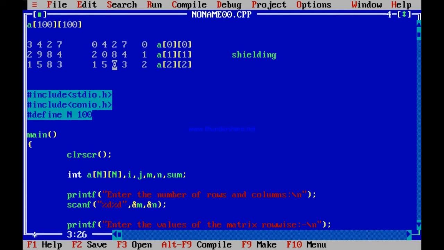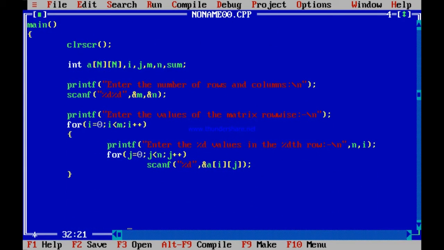So row number 0 is A00, row number 1 is A11, row number 2 is A22, so row number i is Aii. Every time i should vary in this for loop from 0 to m minus 1, and every time Aii has to be converted to 0. It is as simple as that. Now what is this program that I have already written?